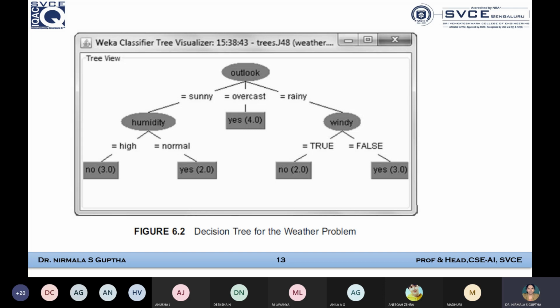When it moves to the branch sunny of the tree, the next node in the subtree is humidity. In our problem humidity is normal, though I said temperature is high, hot, right? So the branch leads to the answer yes as the play. So like this we are going to answer the questions by looking into the decision tree and analyzing and giving the correct prediction.